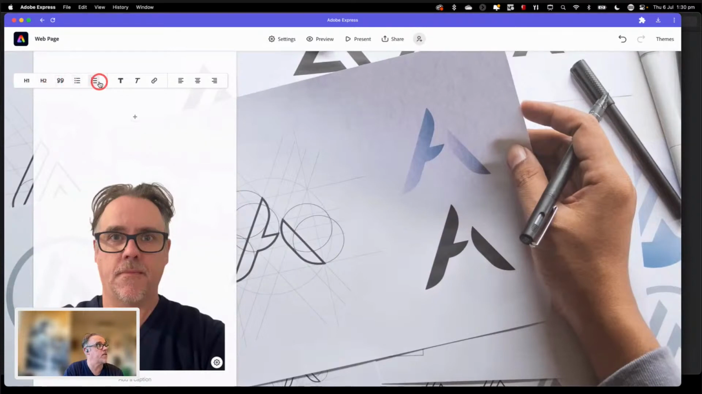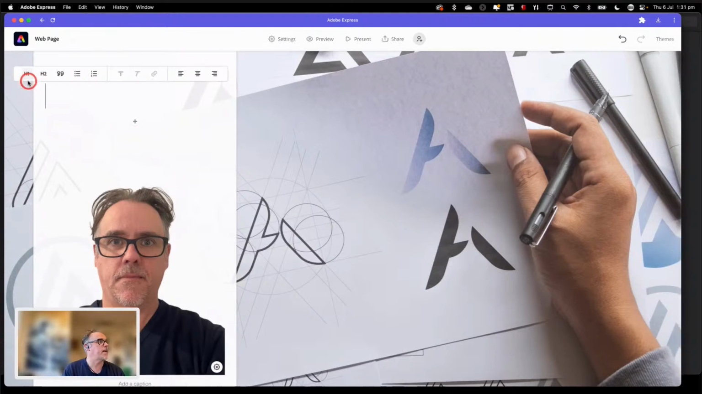I can do a bulleted or numbered list. I can make my text bold, italic, or hyperlinked, and I can change my alignment. So I can have it left aligned, centered, or right aligned. I'm just going to go in and go with a main heading here, and I'm going to call it About